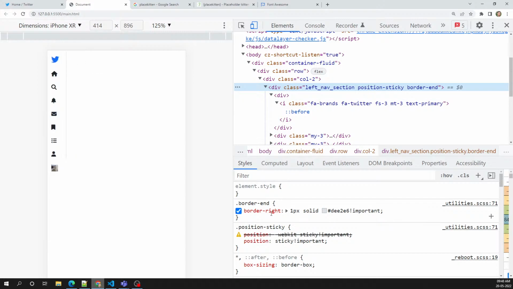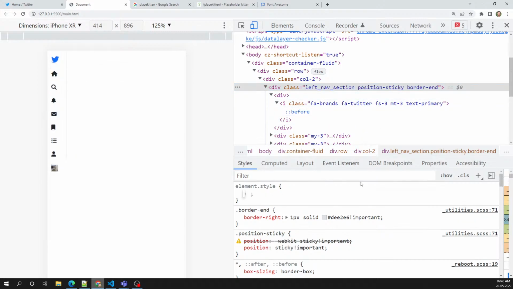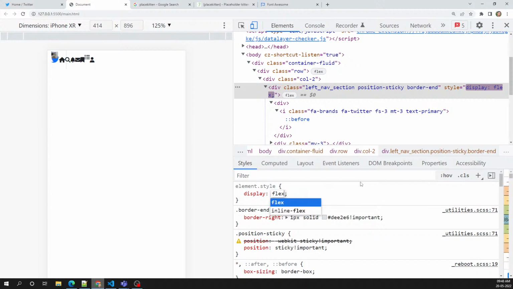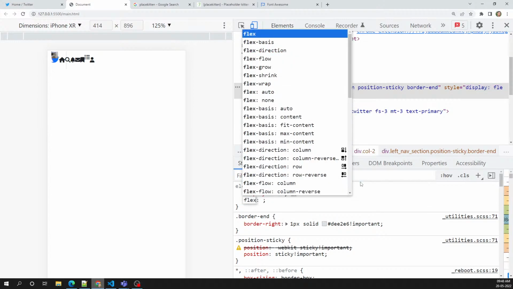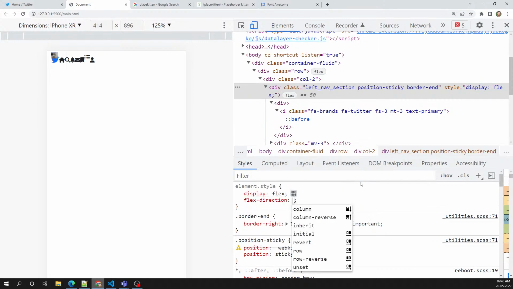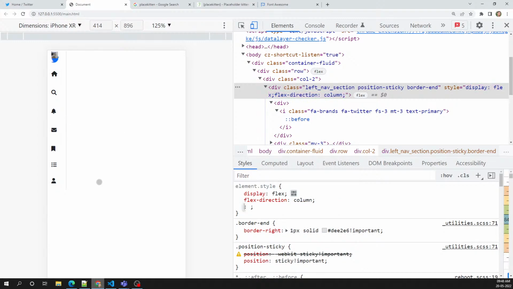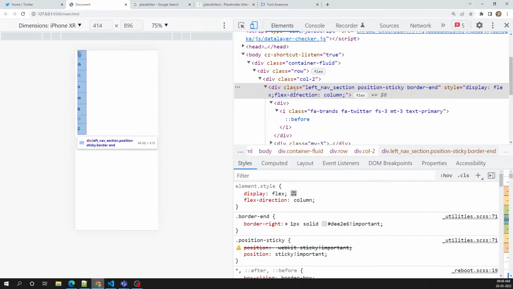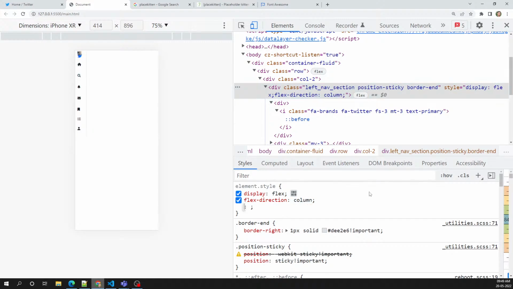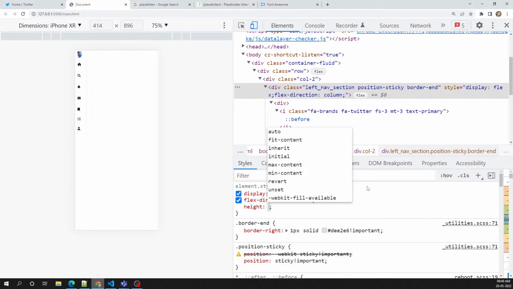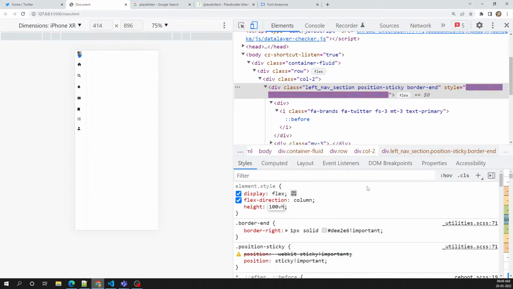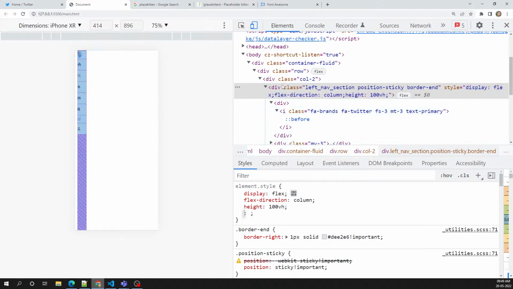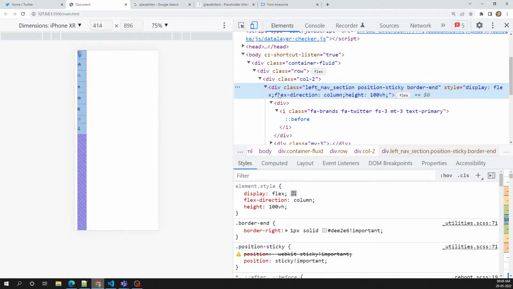So now let's use another thing, something like display. We will use display flex, and I want flex direction column. I need to maintain it as column. And if I maintain it as column, let's see this one, 75%. Okay. Now what I did here, let's make it height 100 VH. Oh, not this height. So here this entire height is,